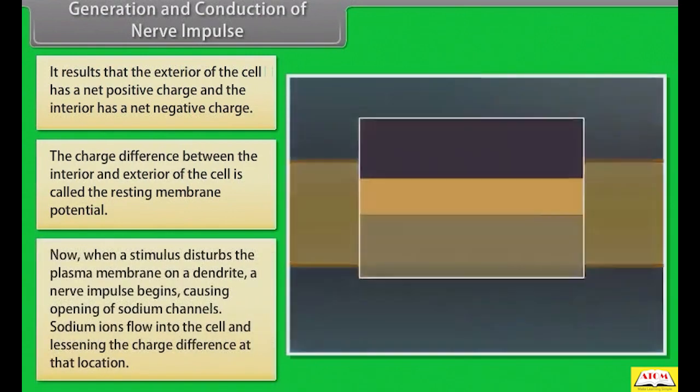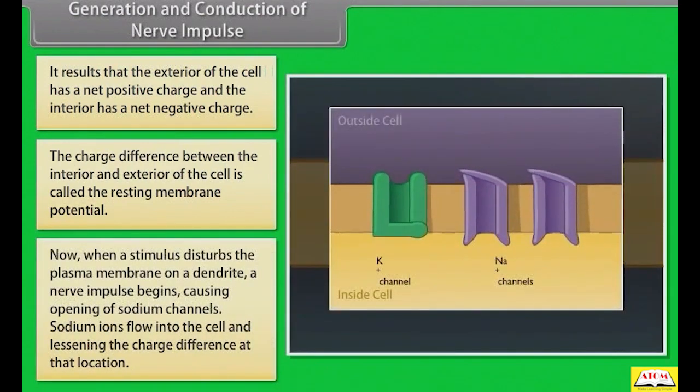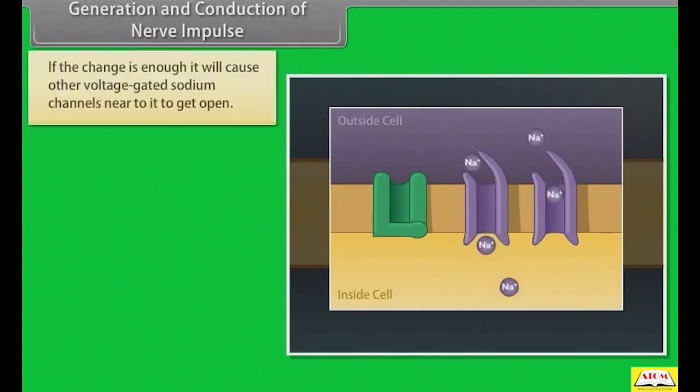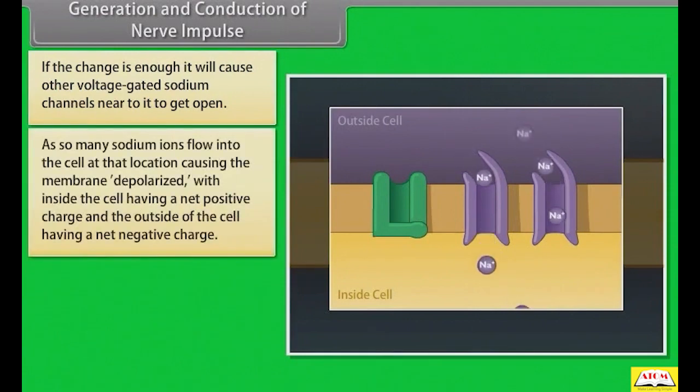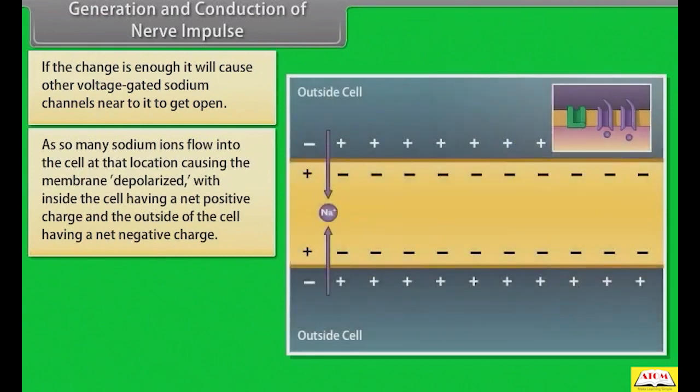Now, when a stimulus disturbs the plasma membrane on a dendrite, a nerve impulse begins, causing opening of sodium channels. Sodium ions flow into the cell and lessen the charge difference at that location. If the charge is enough, it will cause other voltage-gated sodium channels near it to open. As so many sodium ions flow into the cell at that location, the membrane is depolarized, with inside the cell